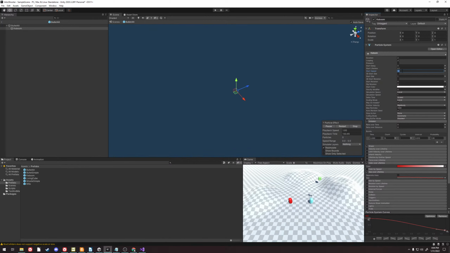Okay, the relationship when you're making explosions like this between lifetime and speed: speed makes it look like they're coming out faster, but then if you make them come out too fast and they last too long, then they're going to propagate out into your scene. It looks more like a firecracker than it does like an actual particle explosion. Okay, and then I'm going to stop this from looping. This is actually just supposed to play once at 0, so it's not a looping animation, and then I'll also